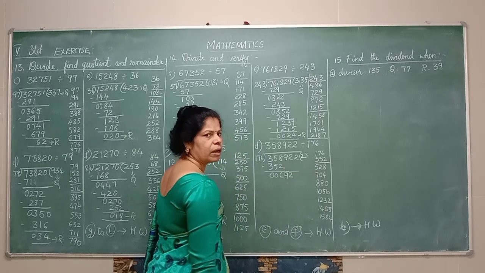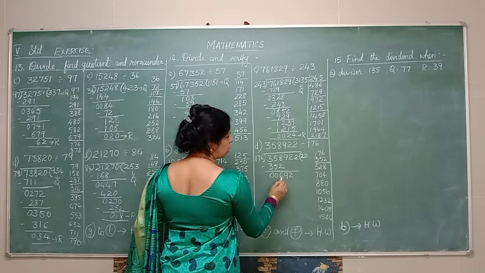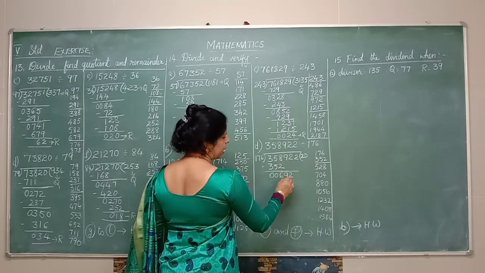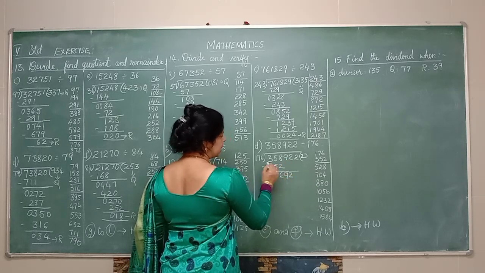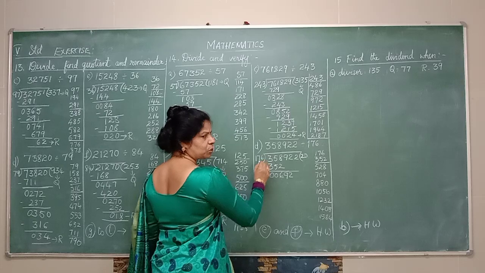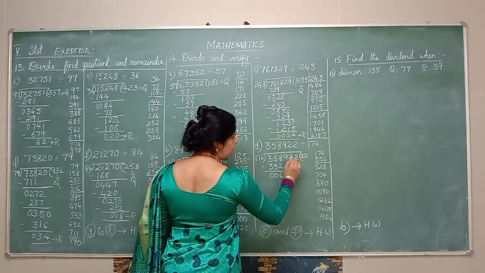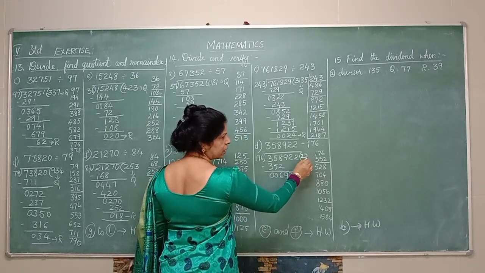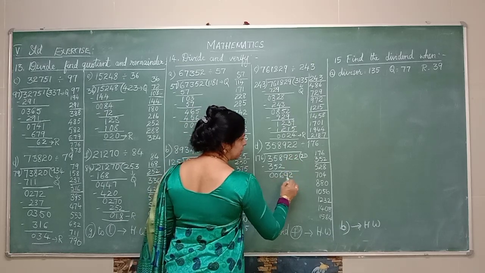This is where you should very carefully see this. So when you subtract, you got only 6 here. And the next step, 9 you have to bring down. But when you have brought 9 down, it becomes 69. 69 is less than 176, you cannot divide. So what you have to do? You have to put a 0 and bring the next number also down. You have to put 0, that you should not forget. In the quotient you have to put 0. Then bring the next number down, so it becomes 692.